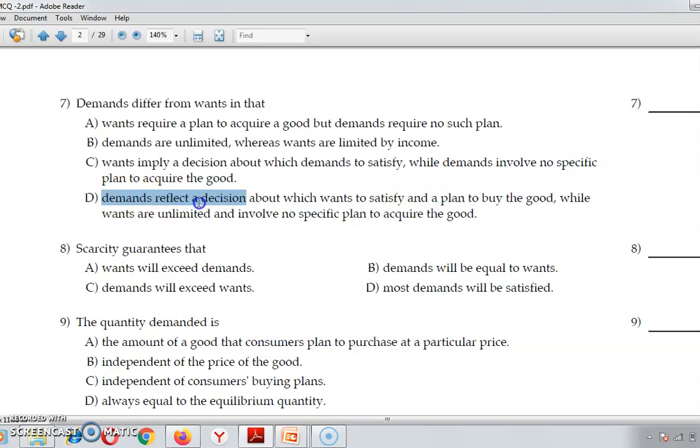Yes, यो वाला हुन्छ डी हैन। डिमान्ड चाहिँ जहिले पनि प्लानिङको अनुसारले हुन्छ, वान्ट्स अनलिमिटेड हुन्छ। अब 8औं नम्बरमा जाउँ हामी, Scarcity guarantees that wants will exceed demands, demands will be equal to wants, demands will exceed wants, most demands will be satisfied हैन scarcity मतलब हाम्रो want ले जहिले पनि demand लाई exceed गर्छ 8 को A will be the